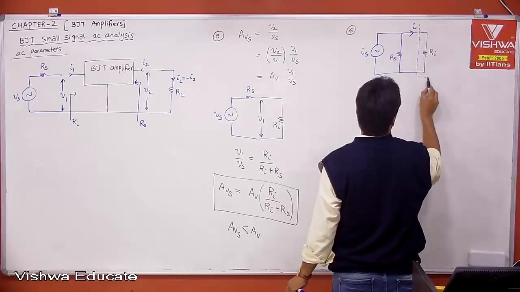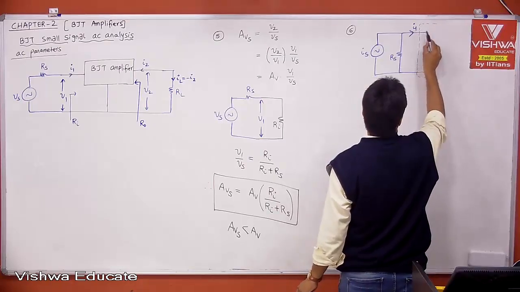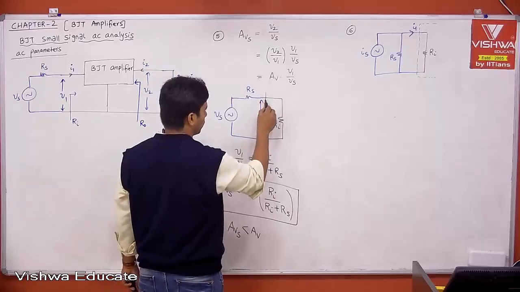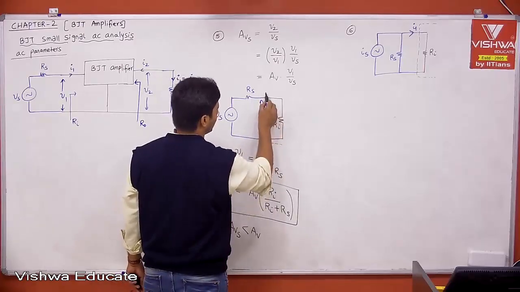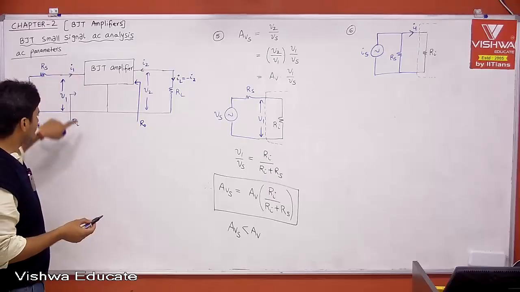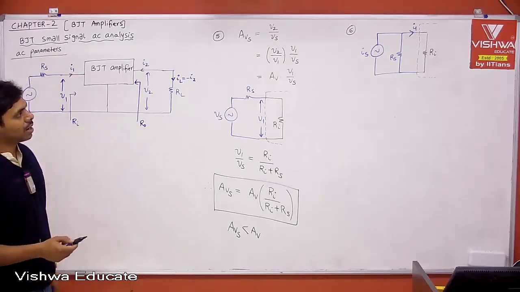Your amplifier is effectively represented with Ri, because we effectively represented the input impedance, which we calculated also. That is your Ri. Now,